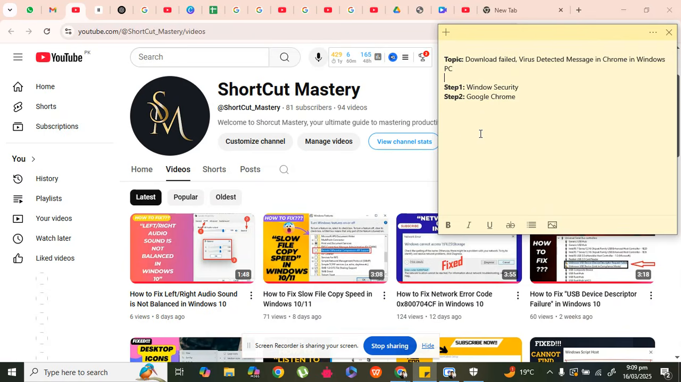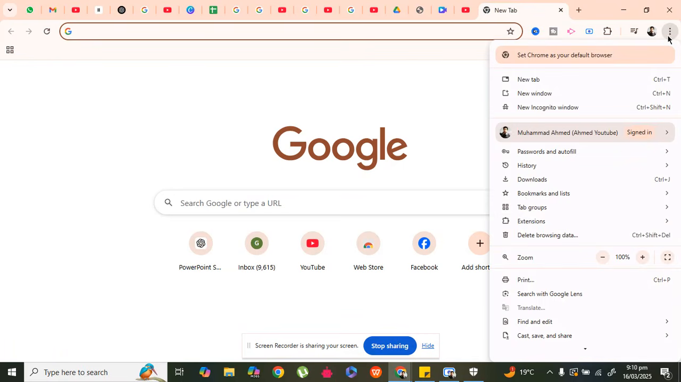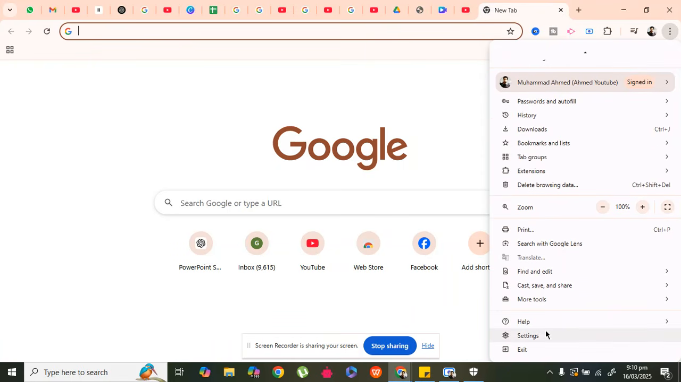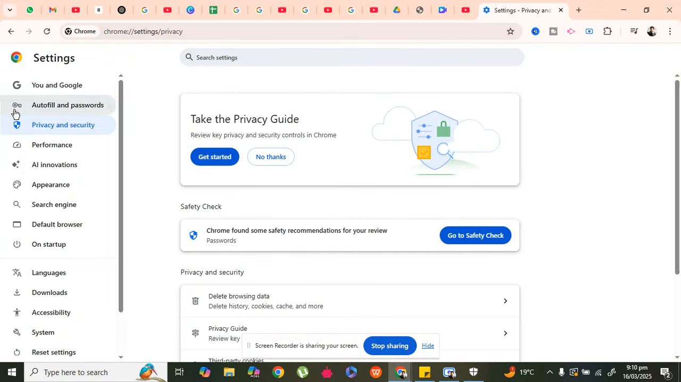you have to move to the second step, which is basically Google Chrome. I'm already in Google Chrome, so you have to click on these three dots at the top right corner, go to Settings, and in Settings go to Privacy and security. Here it is. You have to click on it,